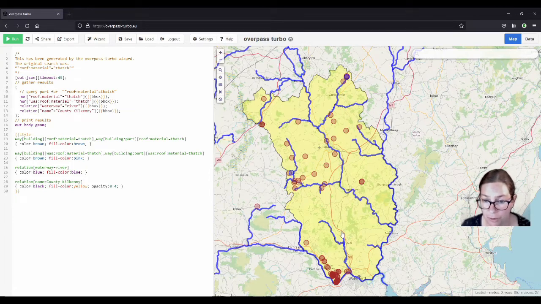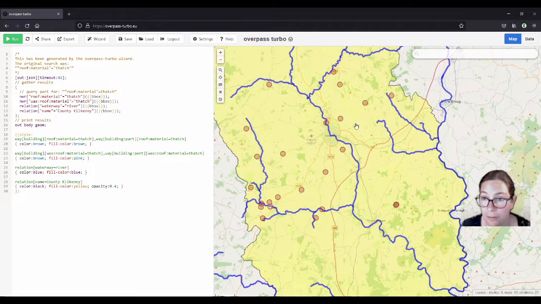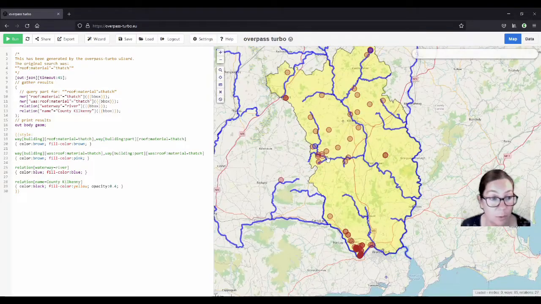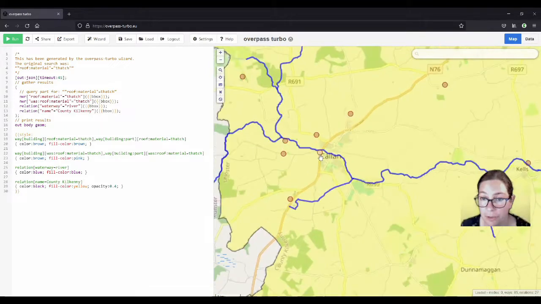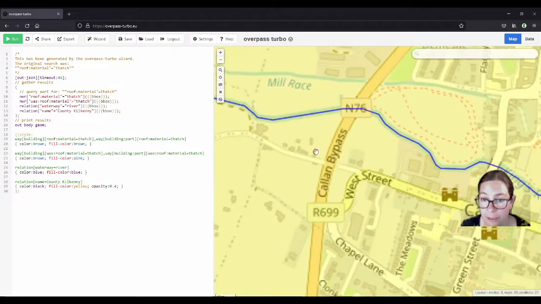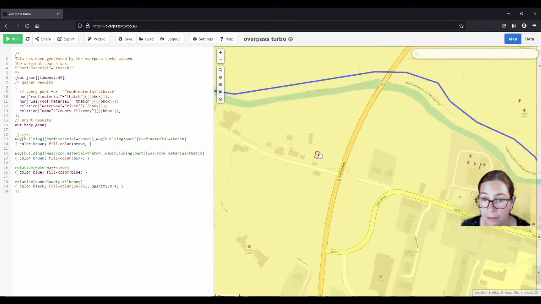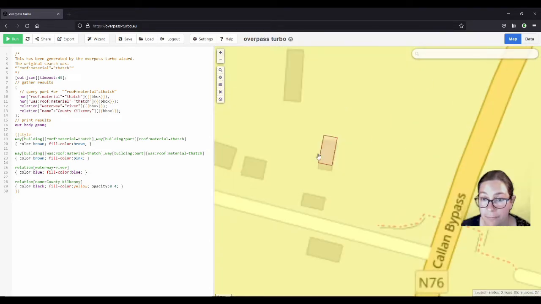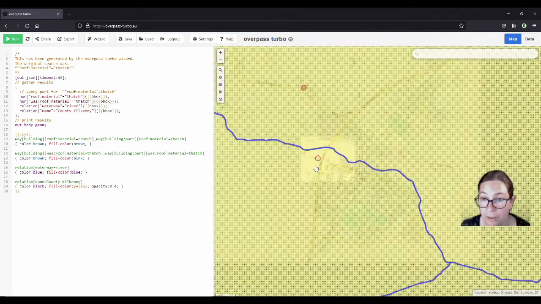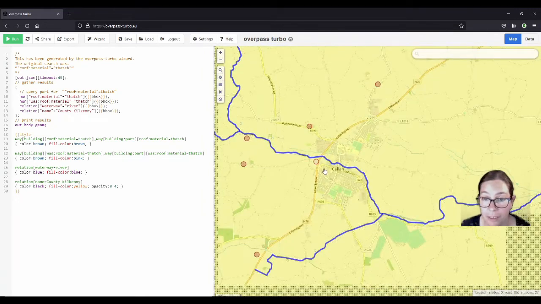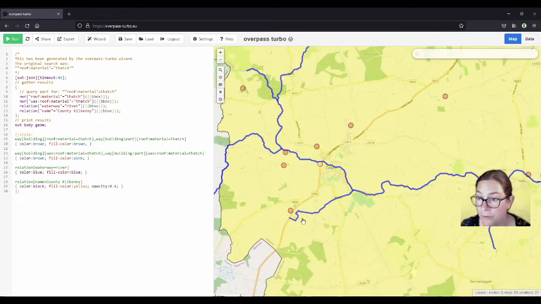There also don't seem to be any along the Blackwater and this one here, which I've forgotten what it's called. You can't see that when I don't zoom in, but the ones that were roof material thatch had a little different background. So this one here, for example, is now a ruin, so the background isn't brown. I don't know if you can see that. If you zoom in, they're not dots anymore. They show the actual outline of the building, and sometimes it's just a building part.